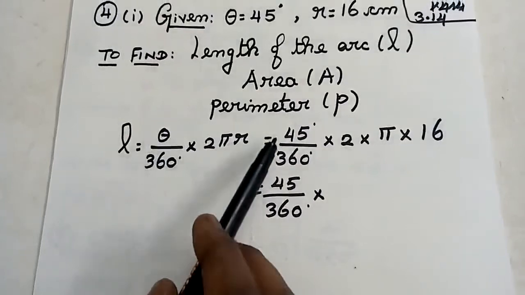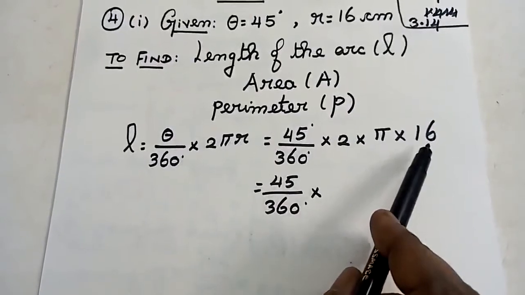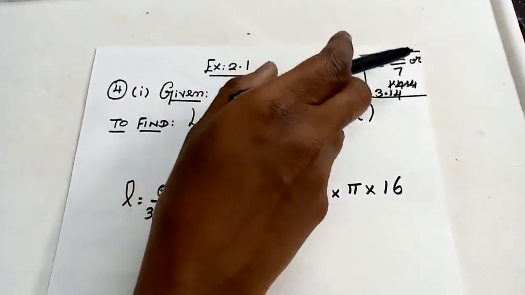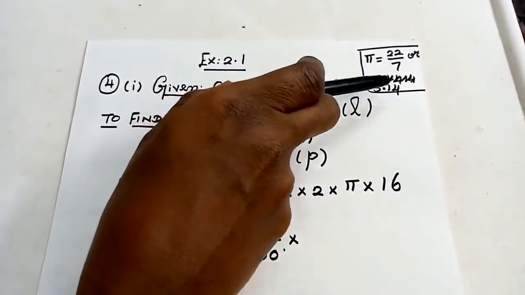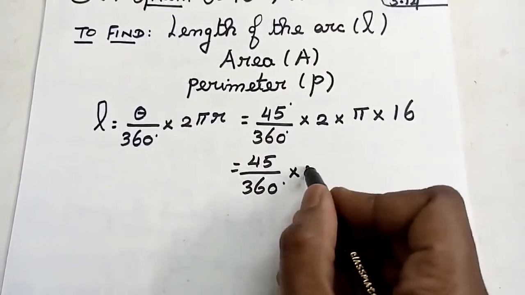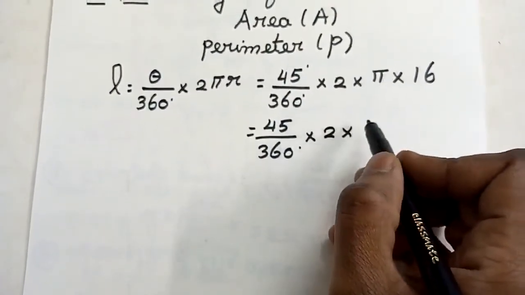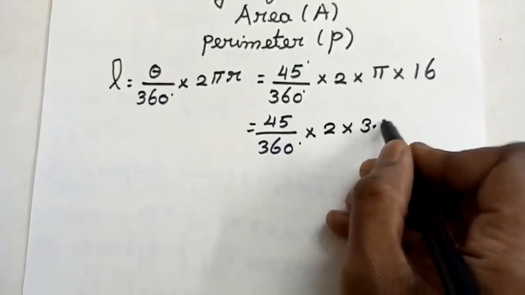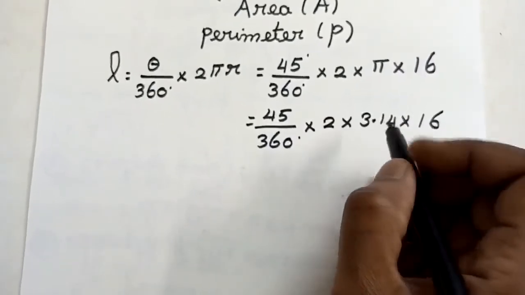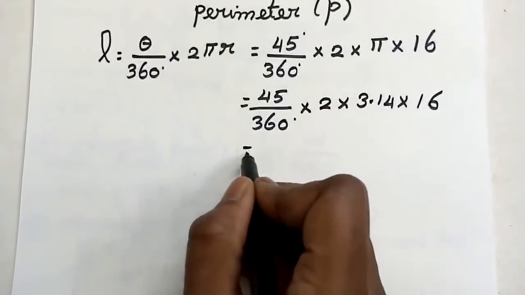In place of theta, I am going to give the value as 45 degree. And in place of r, I am going to give the value as 16. And what about pi? Pi is nothing but 22 by 7, or it can also be written as 3.14. Now, I am going to write like this: 45 by 360 degree into 2 into, in place of pi, I can give the value as 22 by 7 or 3.14 into 16. Since 22 by 7, I cannot cancel the term, I am writing it as 3.14. Simplify the term, students. You are going to find the value and the final answer will be